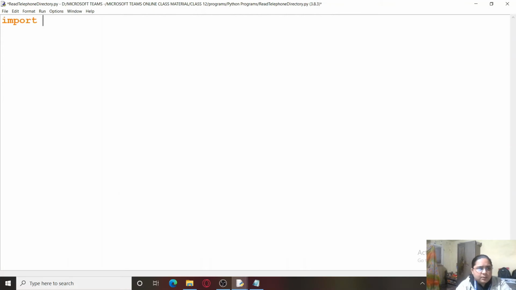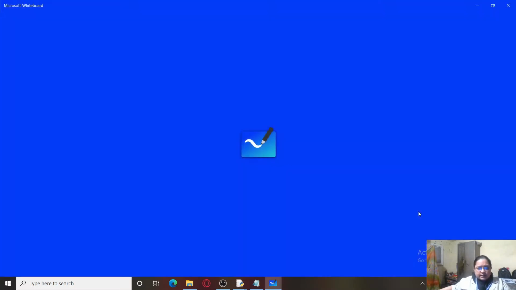So now import the pickle module, and over here we have to read the values from the binary file and display them. Now writing was quite straightforward, but for reading the file the method is a bit complicated. It's not that complicated, it's a bit tricky. So we will try to understand how the read operation will be performed.